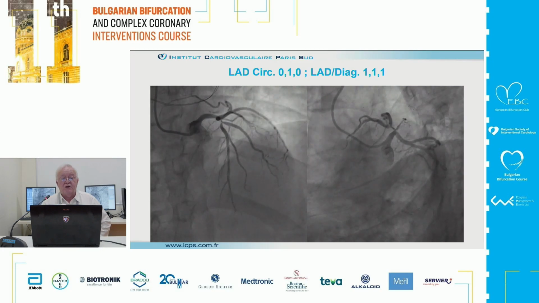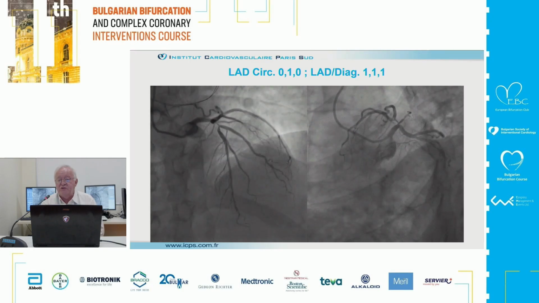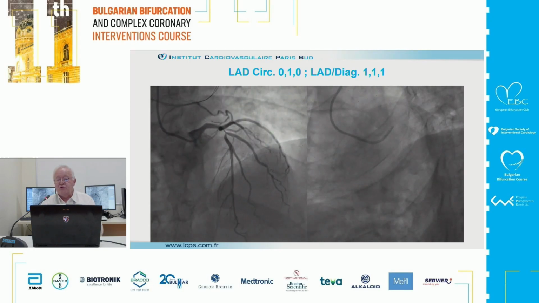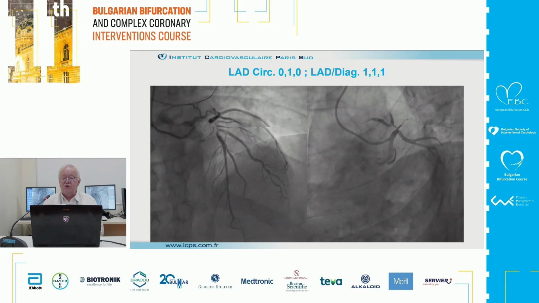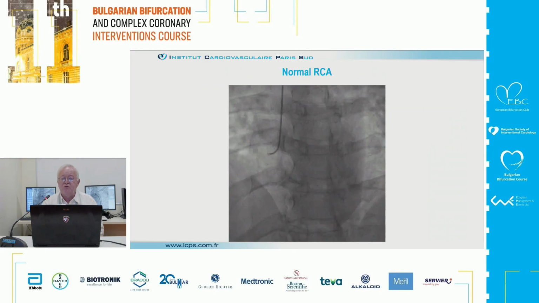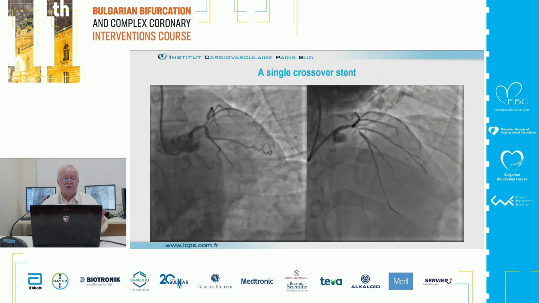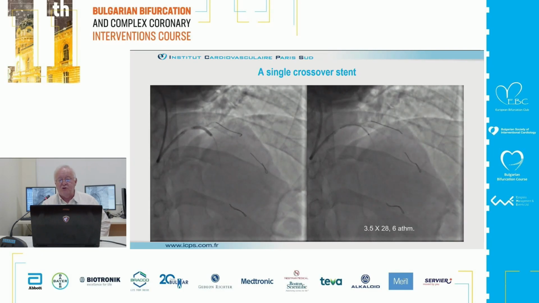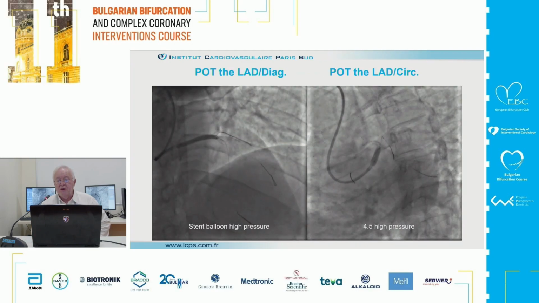And we'll go very quickly to the last one. This one is a bit complex, so you may think, and personally I was thinking, do I have to go from left main to diagonal or left main to LAD? I put 3 wires. You know, the flow is coming. I put 3 wires. After that, I put crossover stenting from left main to LAD, distal LAD diameter, followed by